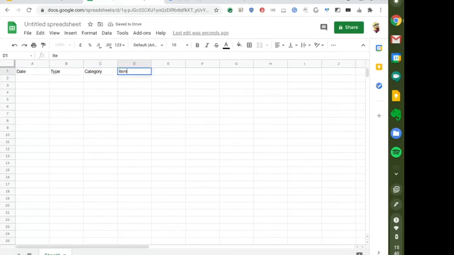I will enter the item. It's free text. I can write anything in item. Then I will put the amount I spent. I can have a category field, category limit. So this is going to be used by our chatbot to warn us if we exceed our category limit. That's why we put it in there. Then there will be an image column and some notes we would like to take.